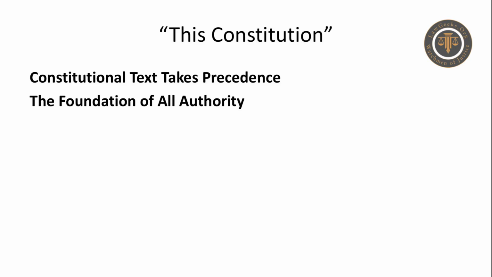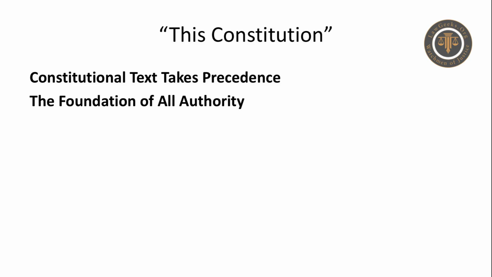The Supremacy Clause begins with "This Constitution." This placement is absolutely crucial. The Constitution itself is listed first in the hierarchy. It comes before federal laws, before treaties, before state laws, before everything. Why does this matter? Because it establishes that the Constitution is the source and limit of all government authority in the United States. When we analyze any question of government power, we always start by asking,